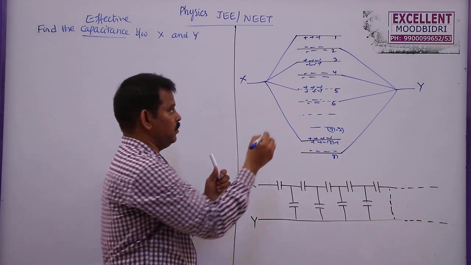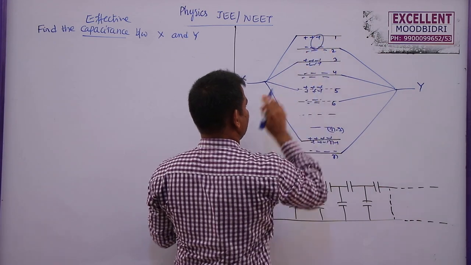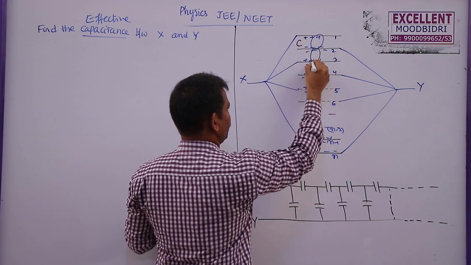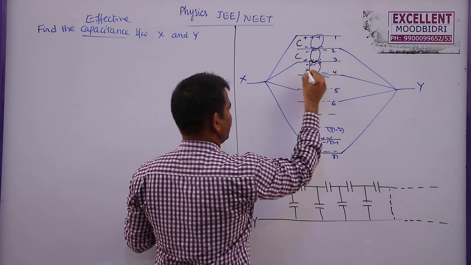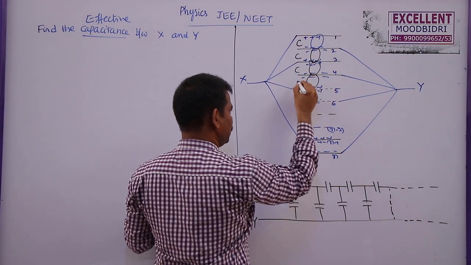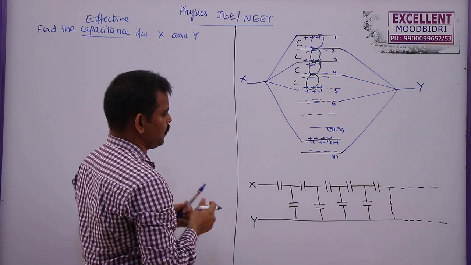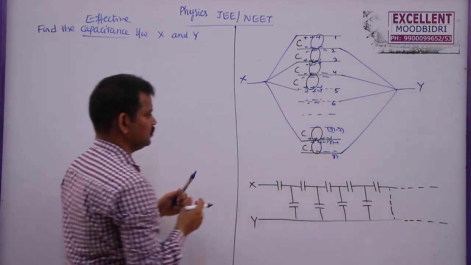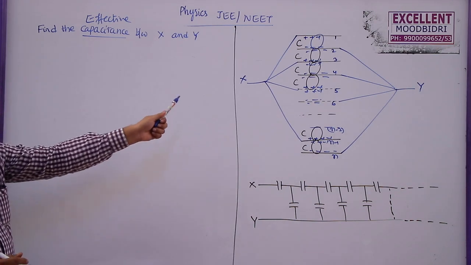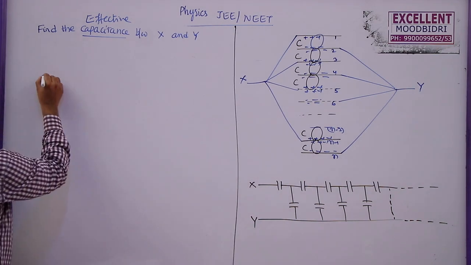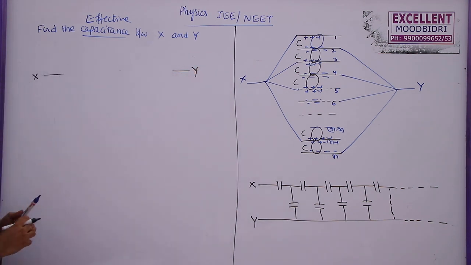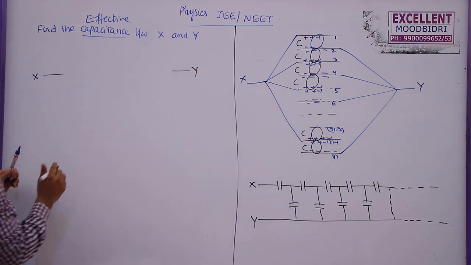Just now we solved some problems. So this is a capacitor whose capacitance is C. This is one more capacitor C. This is another capacitor C. So each and every combination will act as a capacitor, and finally this is the last capacitor, and this is the last but one capacitor. But how to connect these capacitors, whether they are connected in series or parallel, if you know, then we can write the exact expression for this one.